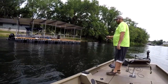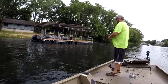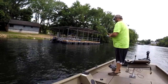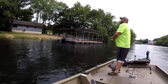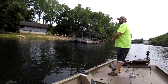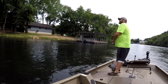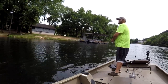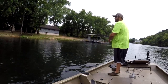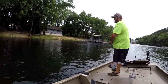Switching over to a 16th ounce sculpin and ginger jig. I'm thinking maybe that 3/32 I was throwing a second ago might have been just a little too heavy for this water back here. And that's something important that you got to play with when you're trying to fish the jigs out here. You got to kind of evaluate the area that you're in, see if the water's moving slower than the main current, because you want that jig to sink at the right